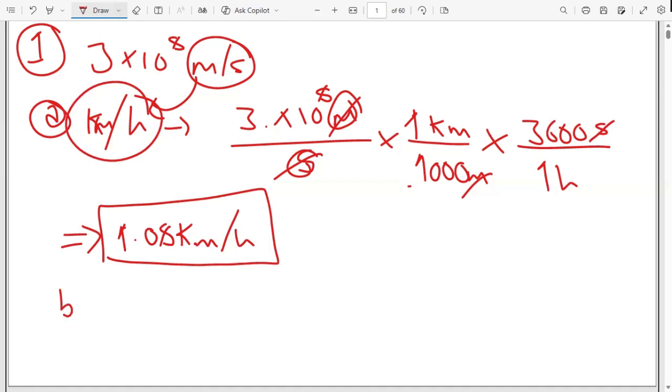We can look at question 1B, which is saying we should convert the speed of light into kilometers per minute. As usual, what are we going to do? We're going to apply this same method. So I'm not going to spend a lot of time explaining because we already know what is happening. So first things first, I'm going to say